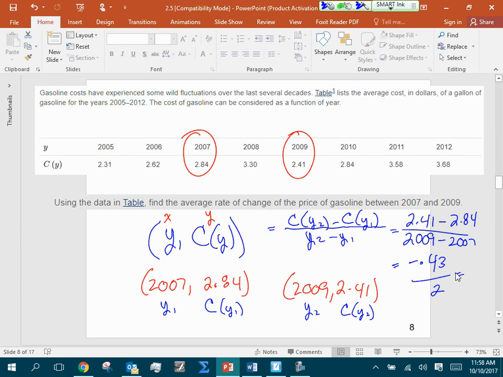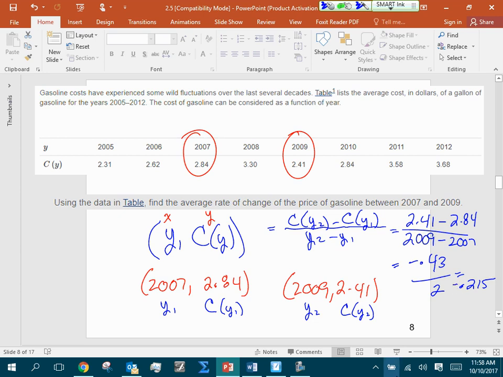And that works out to be an average. Understand we're taking an average here, seeing how much it fluctuates divided by how many years of time elapsed. So we're finding an average using that 2 years, that's the time. And it gives me negative 0.215 cents. Or sorry, negative